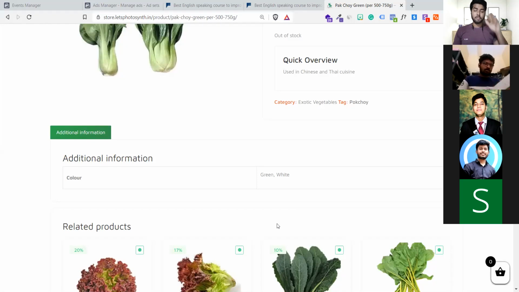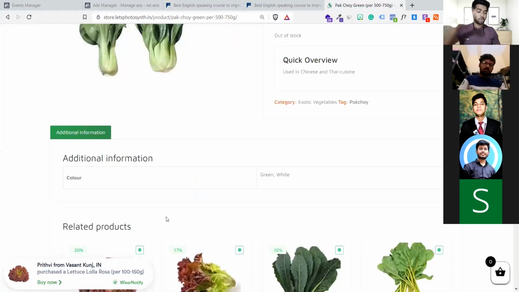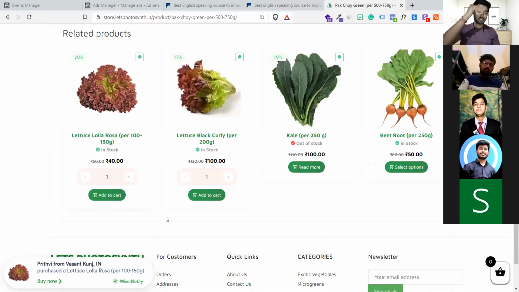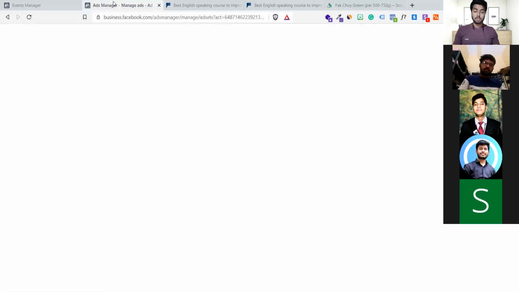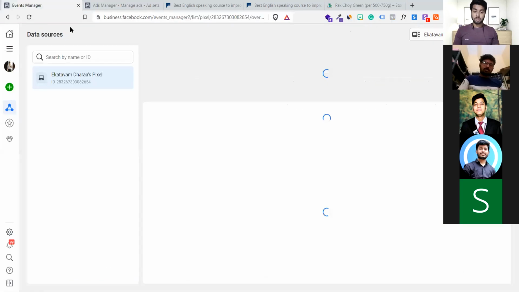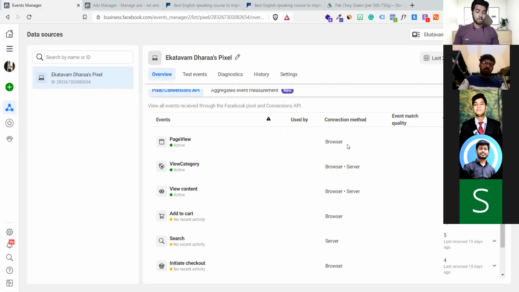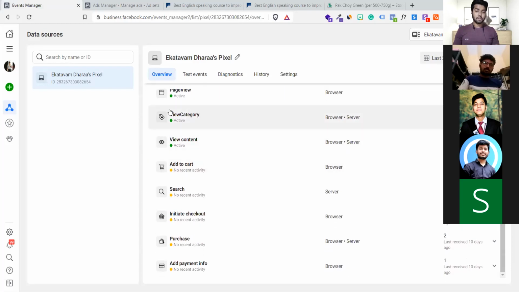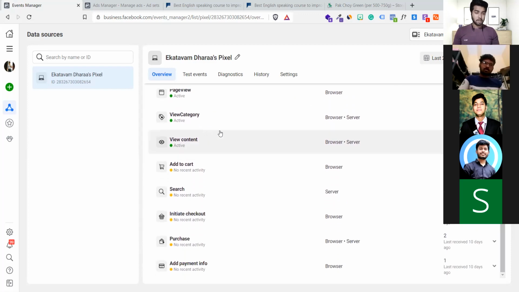Custom conversion is only required when we do activities like one page signups to another page signups. But when you do e-commerce like this, when you have to track all the transactions going on inside the store, it doesn't require custom conversion. So how did I manage to do that? Let me show you. You can see there are certain activities going on. Here is the default system provided by Facebook.